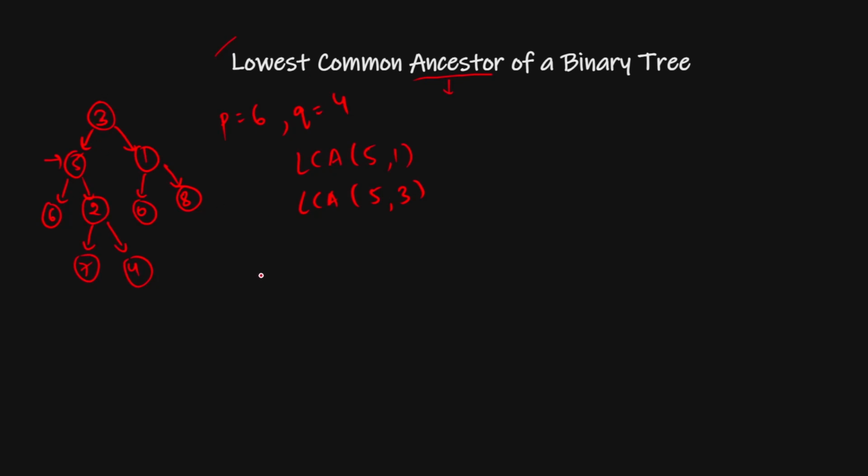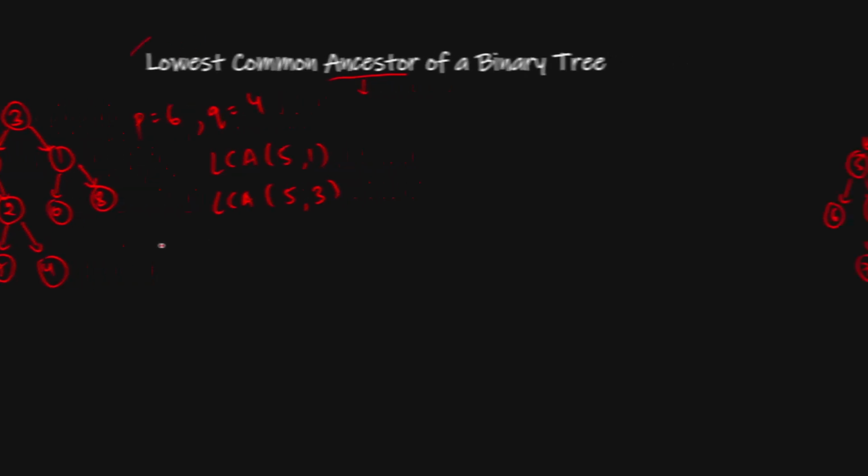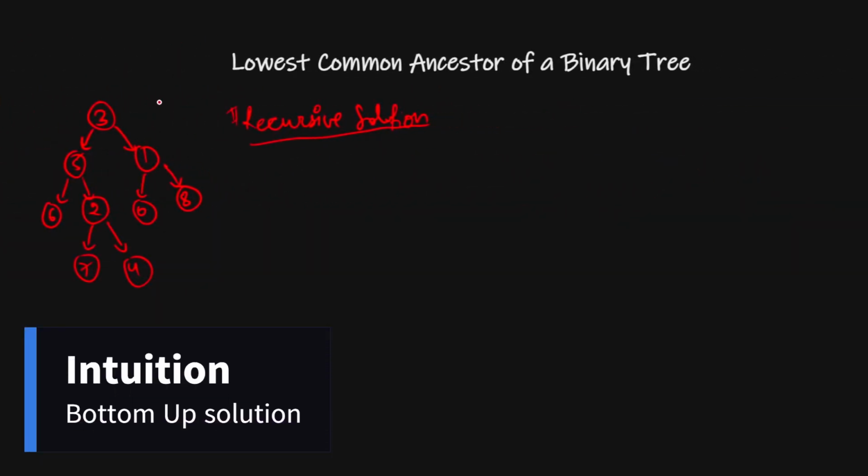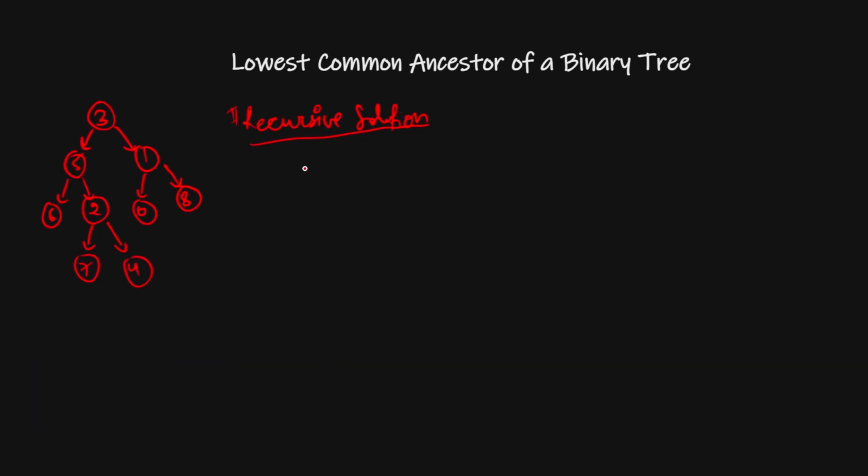So how do we solve this problem? Let's understand how we can solve this problem recursively. What is our intuition? Our intuition is very simple. First we have to find the two nodes P and Q. Once we find P and Q, then we have to find their common parent, and the first